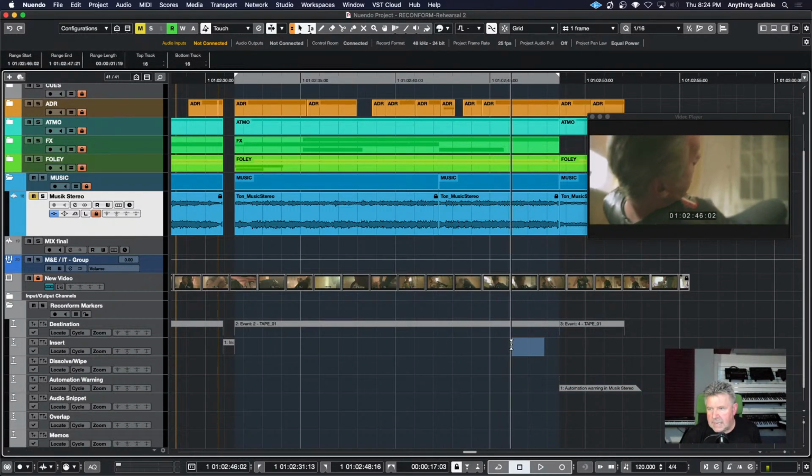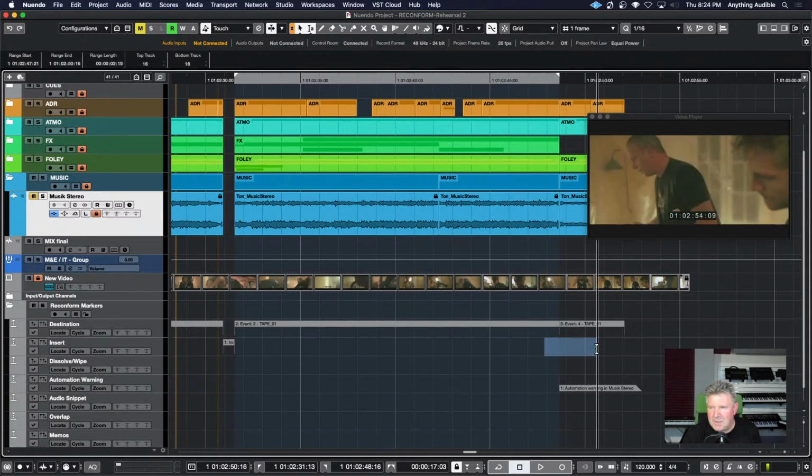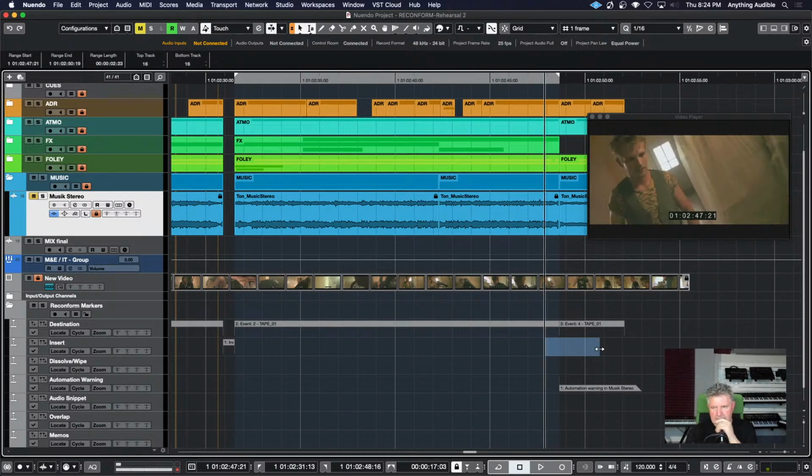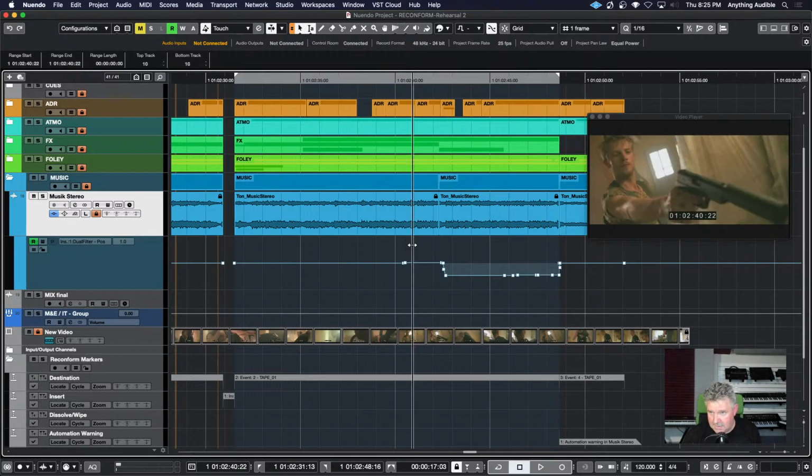So the guy's getting up off the floor, whatever it is, and then it's really the same scene, right? But it's been shifted forward and butted up against each other. So guess what? If we drop down this automation lane here, we're going to see this automation suddenly get chopped off, ramped up. So it's saying, well, okay, watch out for this, because you're going to have a music track that sounds like this. Because